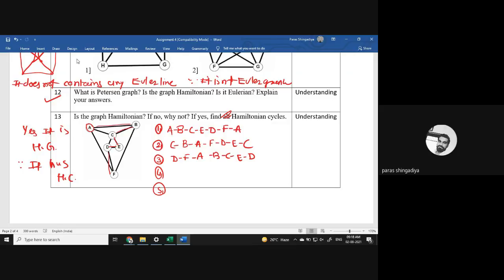And then after, you can consider, let's start with B. So B to A to F, D, E, C, and D. Clear? That is also one answer. And then after you can consider,